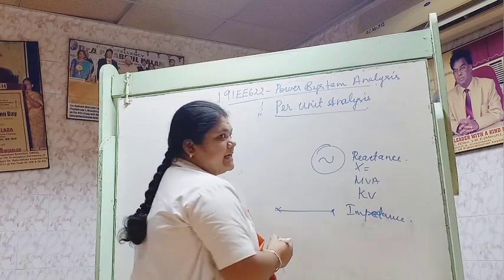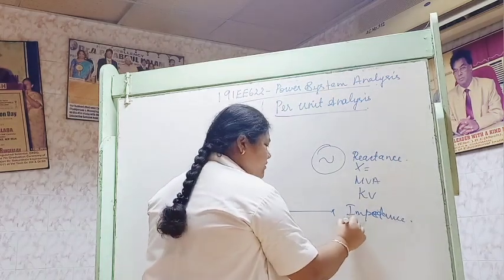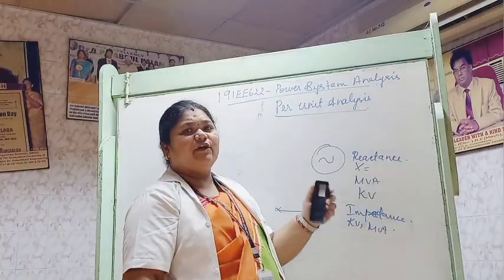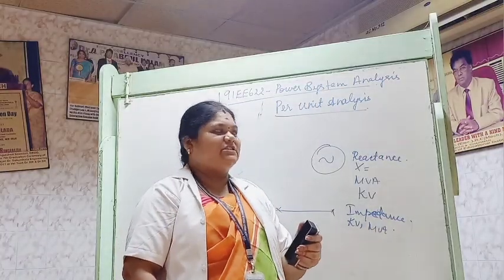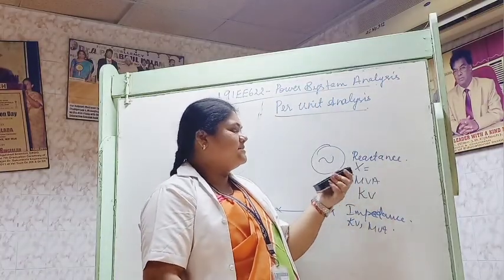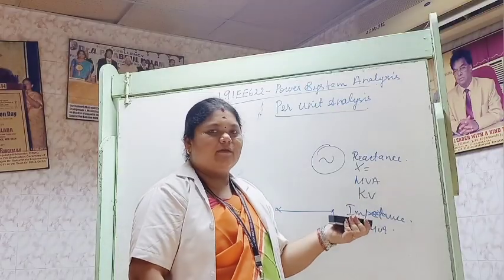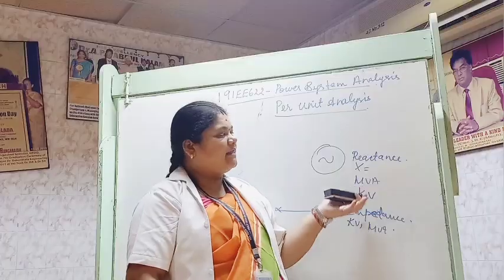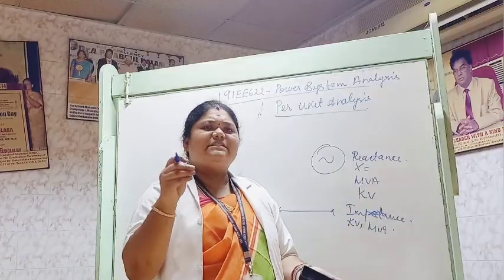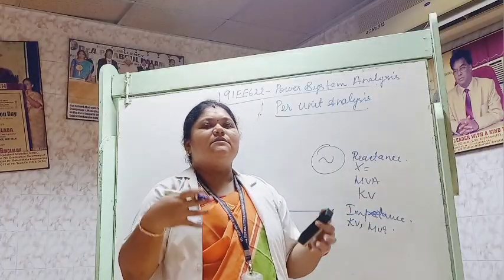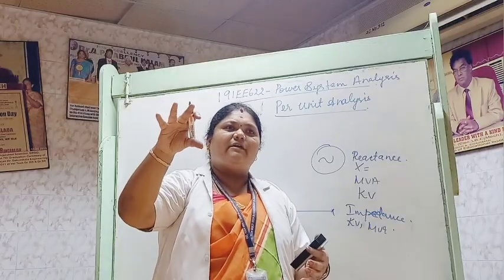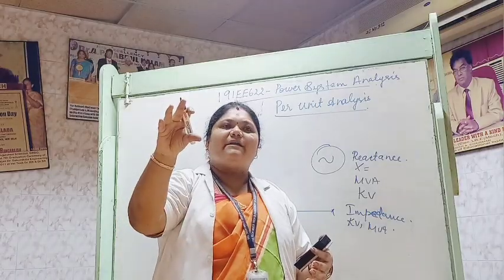So it will be represented as impedance, kilovolt, and megavolt ampere. Each and every component has its own specification: the reactance, megavolt ampere, and kilovolt will be represented, voltage, power, and reactance. And if you are going to do analysis, analysis is nothing but where we have a common point, and using a common parameter we